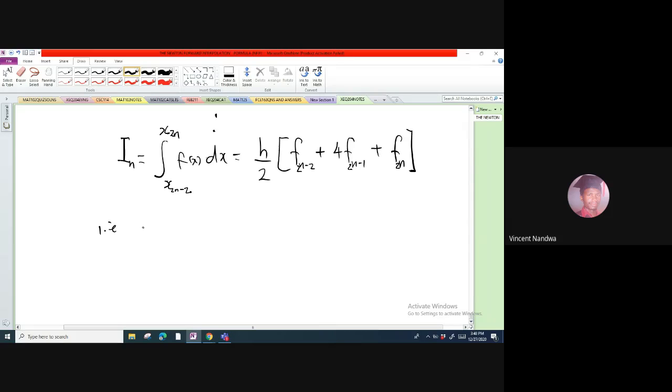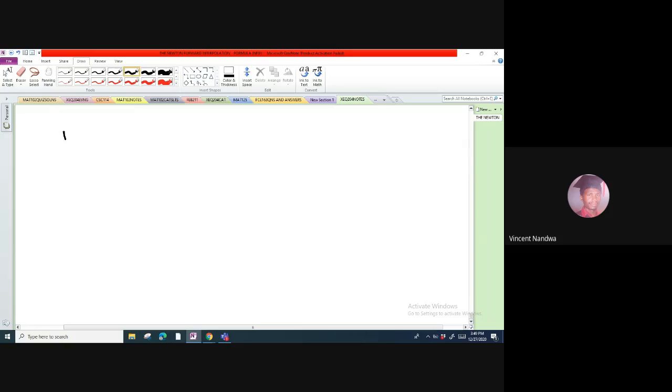So in general, therefore the total integral is I1 plus I2 plus I3 plus I4, up to plus In, which is I equals the integral from x0 to xn of f of x dx